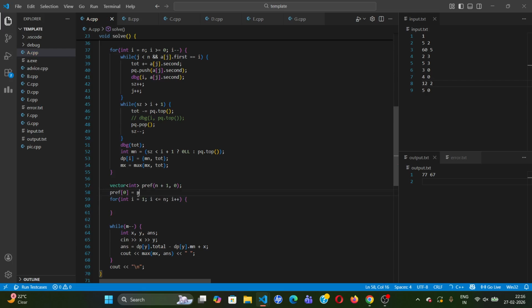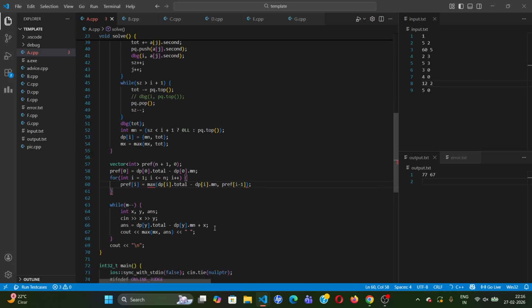Prefix of 0 equals TP of 0 dot total minus TP of 0 dot minimum. Now this will be prefix of I equals the maximum of TP of I dot total minus TP of I dot minimum plus new, comma, prefix of I minus 1. Okay, now this value